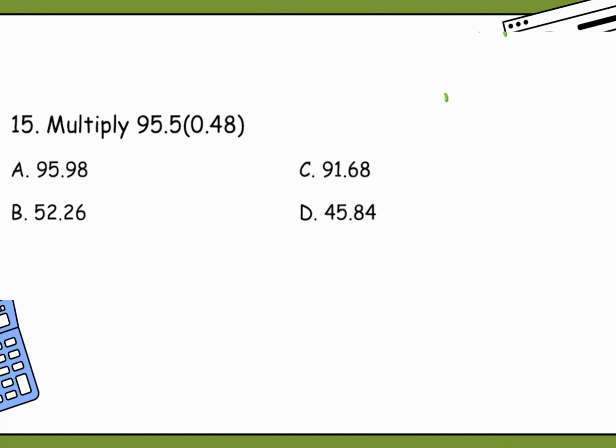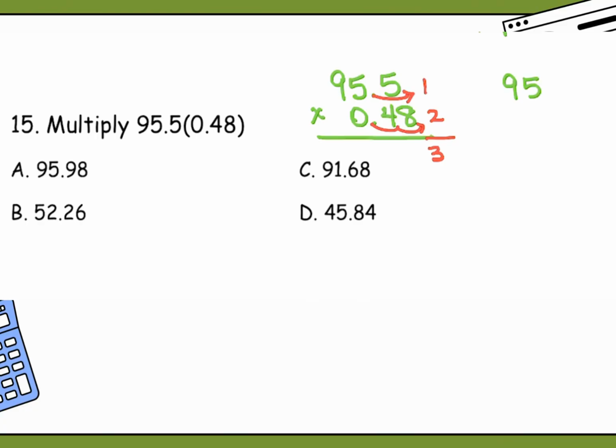Question 15, let's multiply 95 and 5/10 by 48 hundredths. Now the first thing we need to remember to do is to count out our decimals. In multiplication, we count them out and in. So for our first factor, we are counting out 1 space. For our second, we are counting out 2 for a total of 3 spaces. So now we're just going to multiply these as if they're whole numbers. 955